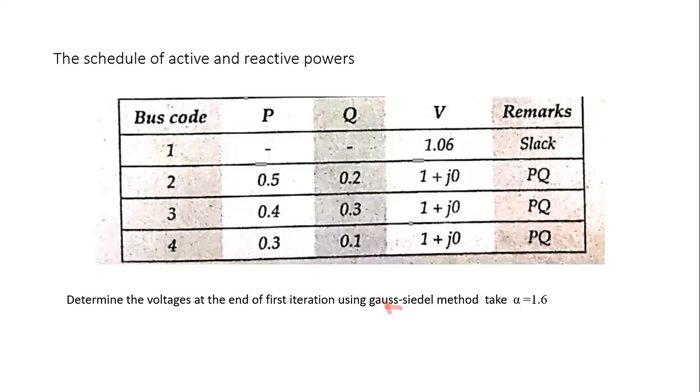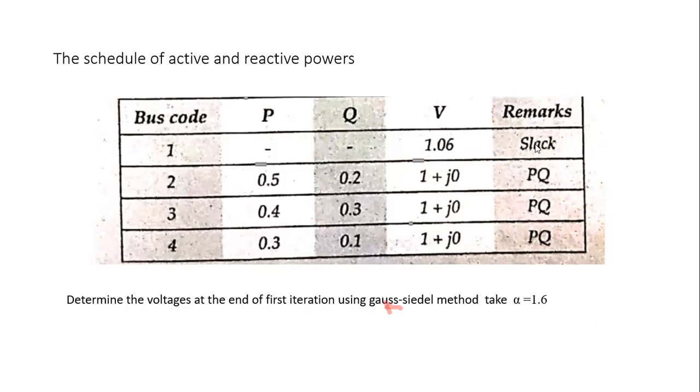This problem is related to the case when the PV bus is absent, because we are considering only PQ buses and the slack bus. That is why the formulas used are those of the Gauss-Seidel method when the PV bus is absent. This is the slack bus or the reference bus. In that slack bus, which terms are known?